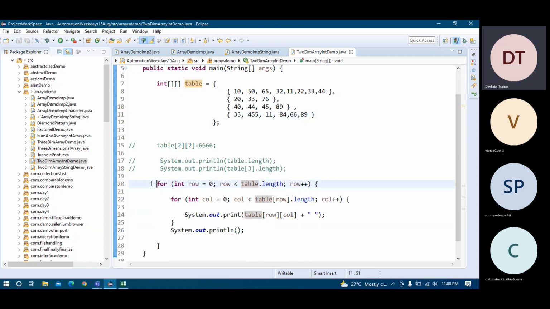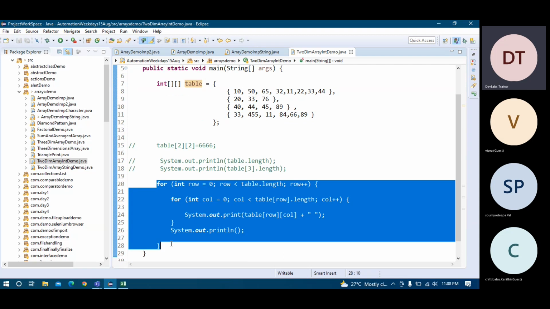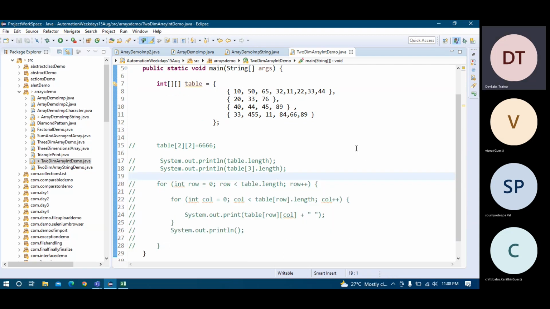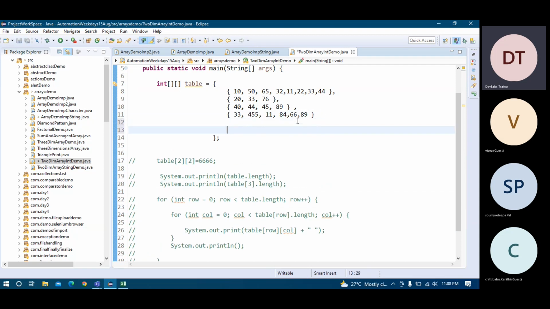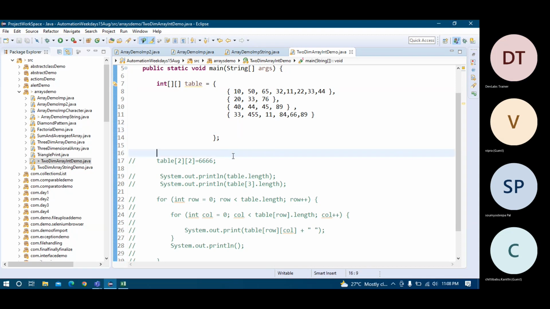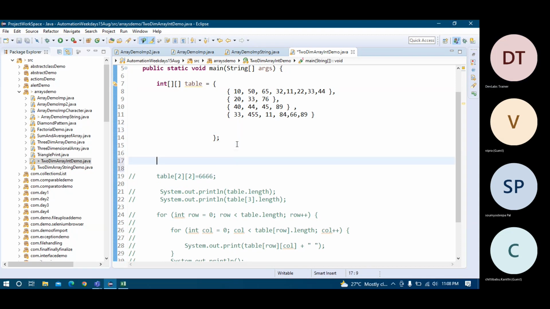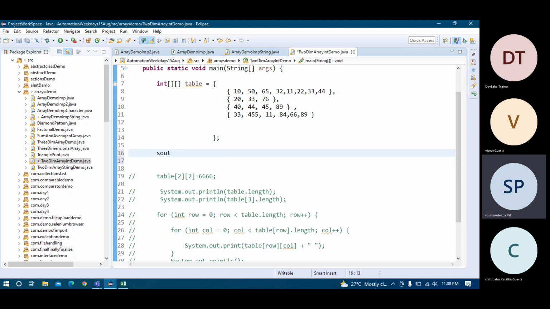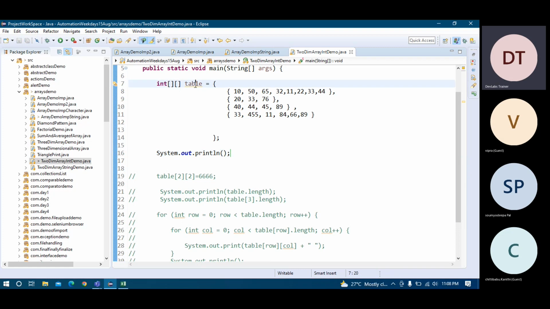Let me comment this out, without a for loop, and I'm asking you: if I have to print 89, what index should I pass? Suppose I want to print 89, 3 of 3. First see how to design it.